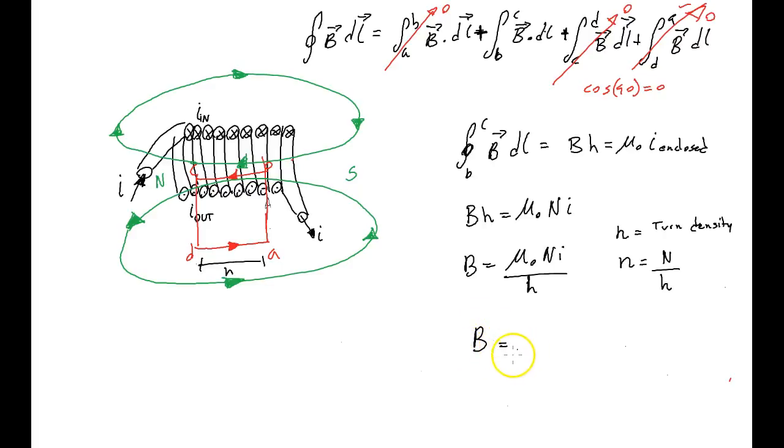So a solenoid is a current carrying coil that is used to produce a given magnetic field. What do you need to have a strong magnetic field? You need a lot of turns per unit length. You need a lot of current flowing through each coil. That can produce a strong magnetic field. And you can design that magnetic field to be whatever value you want. So it's very, very useful and it's used in all kinds of